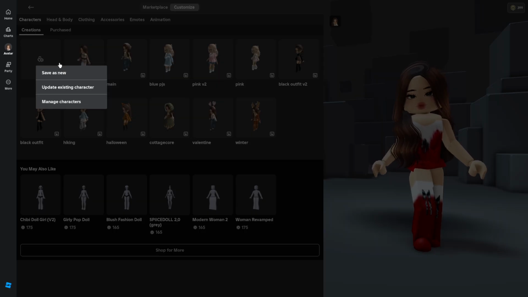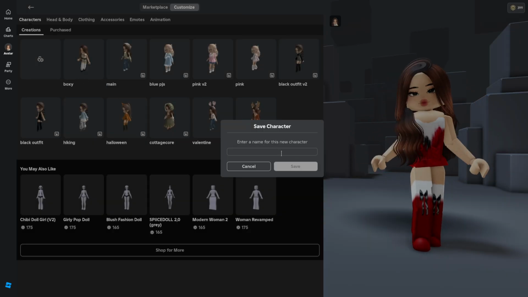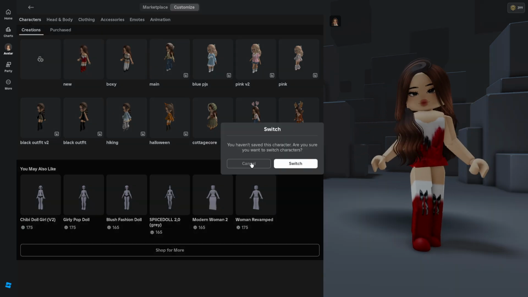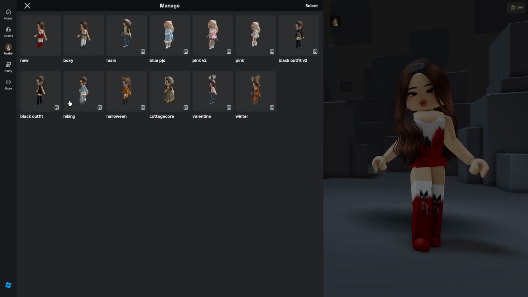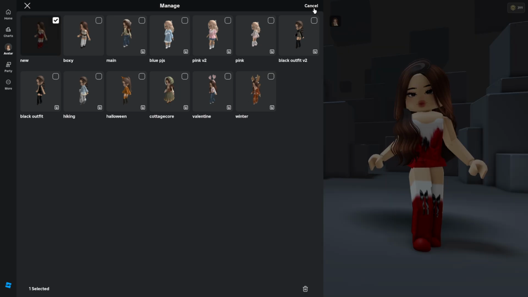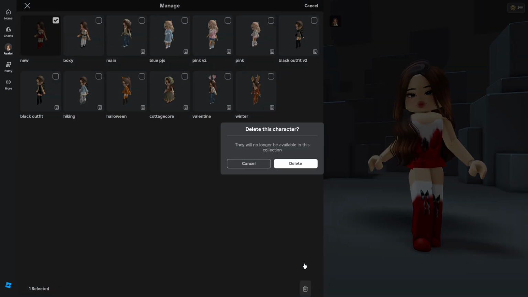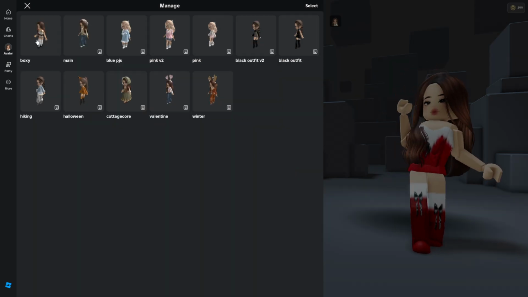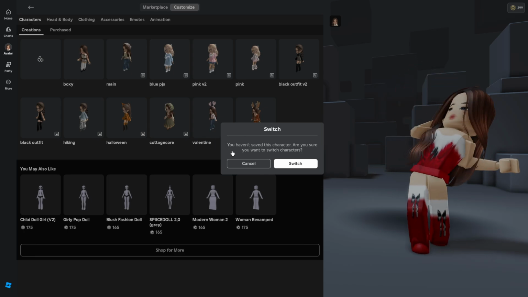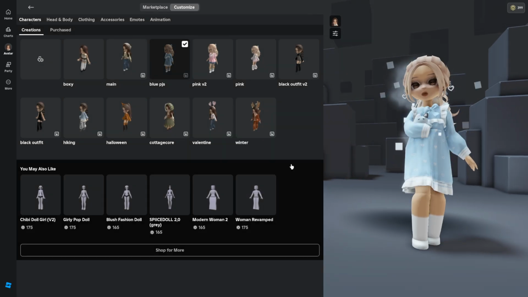press the plus button, and then you can either save as new, update existing characters, or manage characters. So select save as new, and I'm going to just type in new and press save. If you want to remove it, actually I think you have to go to manage characters to remove it. Not quite sure though. Okay, select and then press delete to remove, and it's not going to be in the collection anymore. And then to switch to the avatar you want, you're just going to press switch, and then